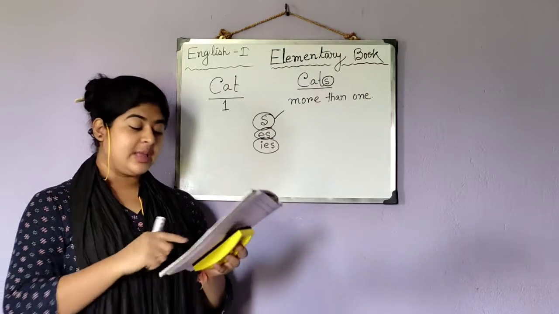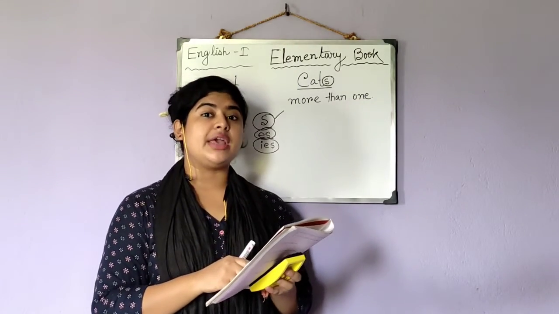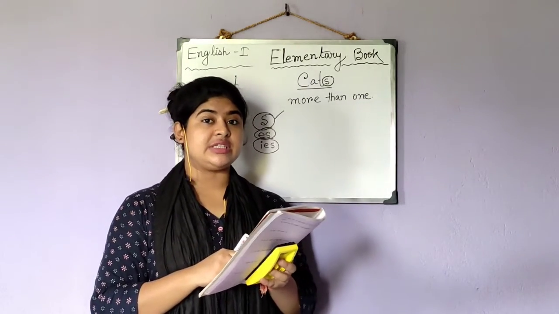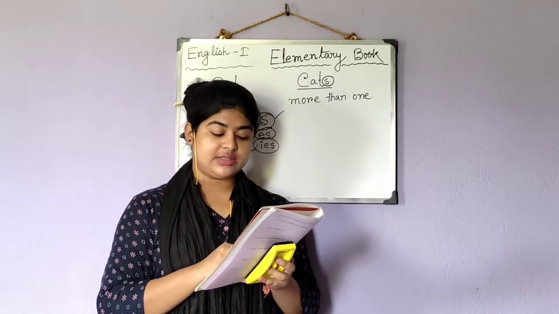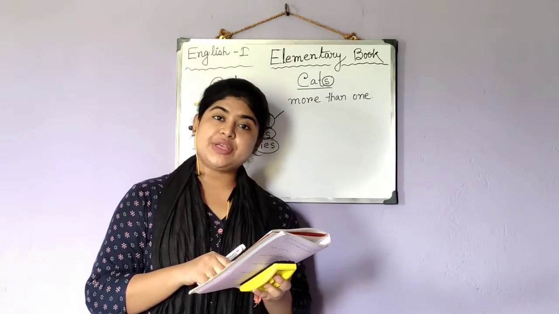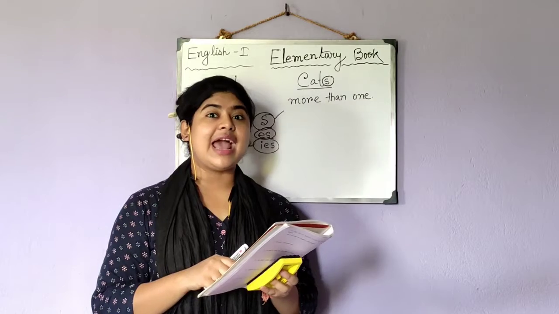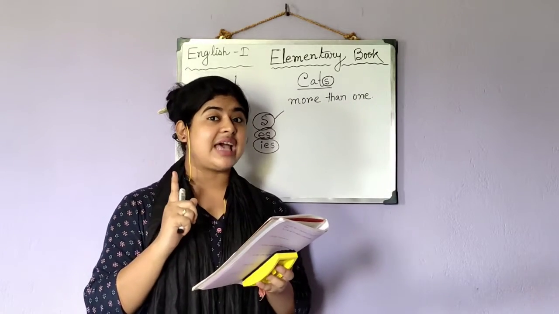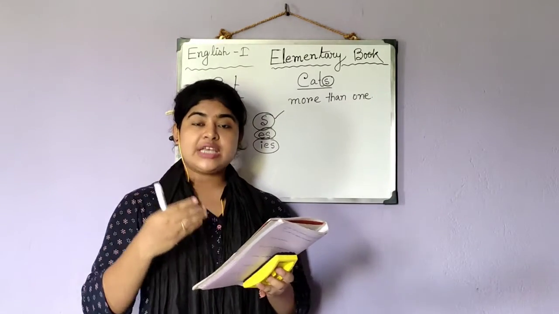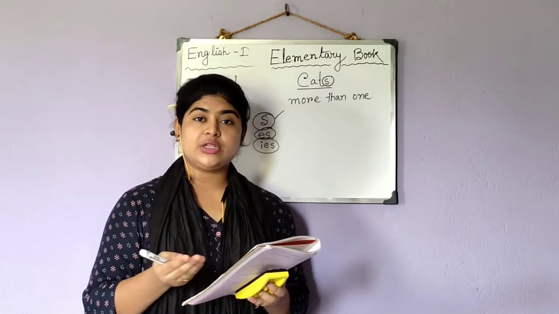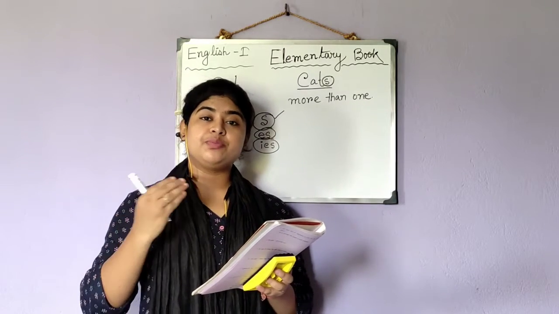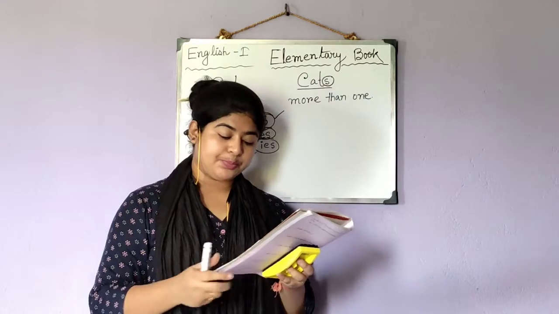Just look at this. Here it is not written the boy. Boys is written. S is added with this. In the next picture, cat is not written. Cats is written. So S is added to tell us that this is not at all singular. This has been changed into plural now.